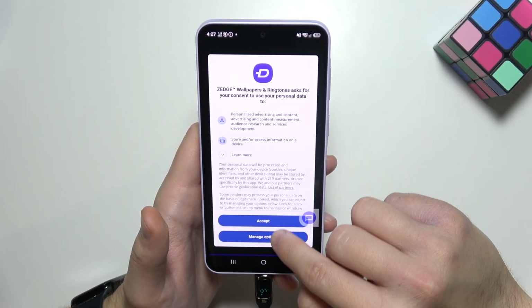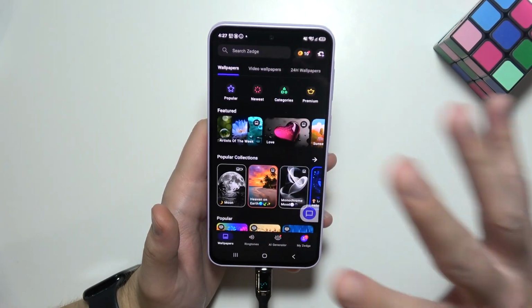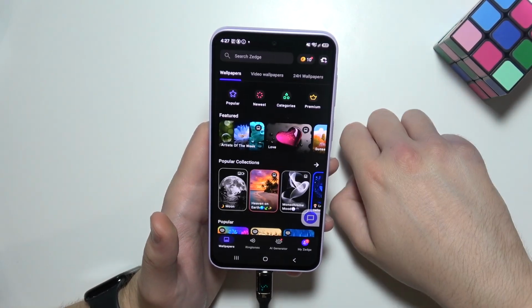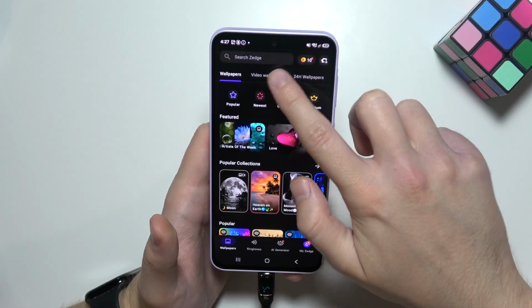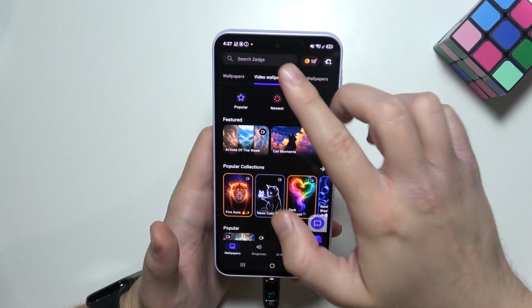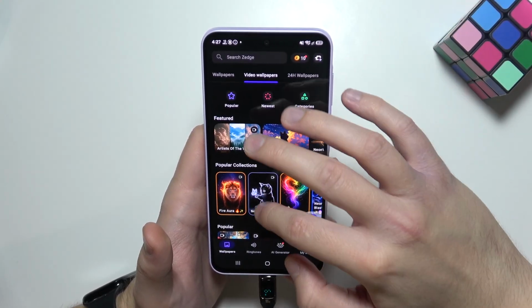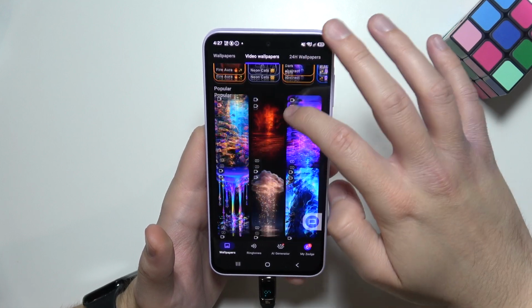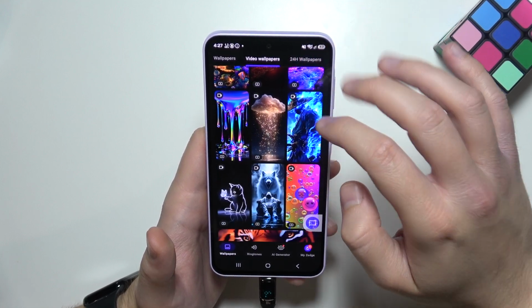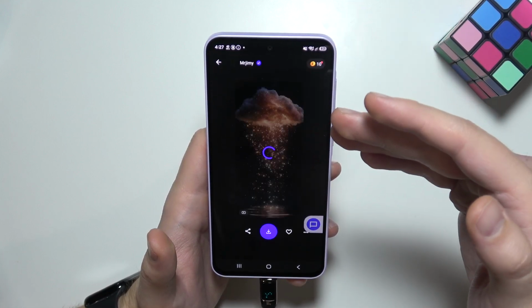When you open this for the first time, you have to accept all of those things that are necessary. And now go for video wallpapers and you can input any phrase that you are looking for, or you can just pick something from this recommendation. So for example, if I want to get this kind of wallpaper